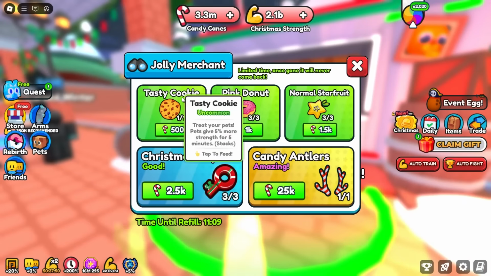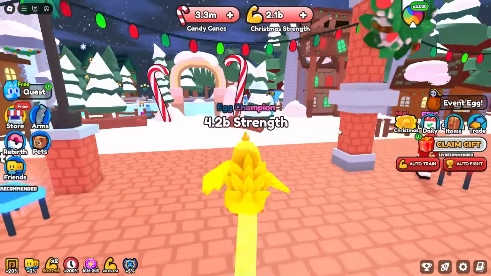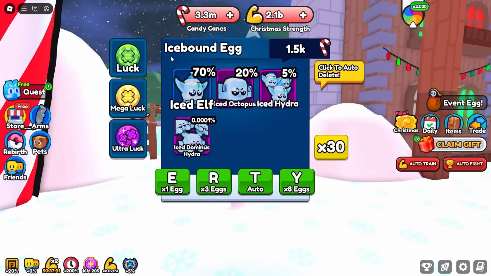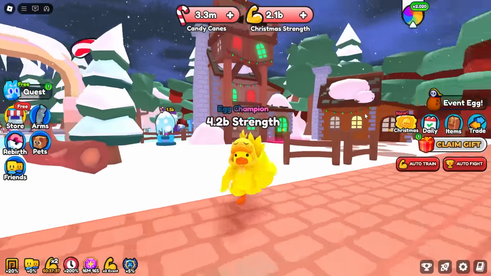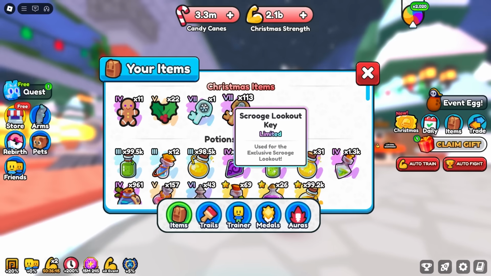But considering, again, right now my candy canes are kind of useless, and considering this is the best egg, I mean, that's a lot of these eggs. That's like 3,000 of these ice-bound eggs if I wanted to open them, but I really don't want to open them, to be honest. But another thing grinding the boss for 24 hours gave me was only 113 Scrooge lookout